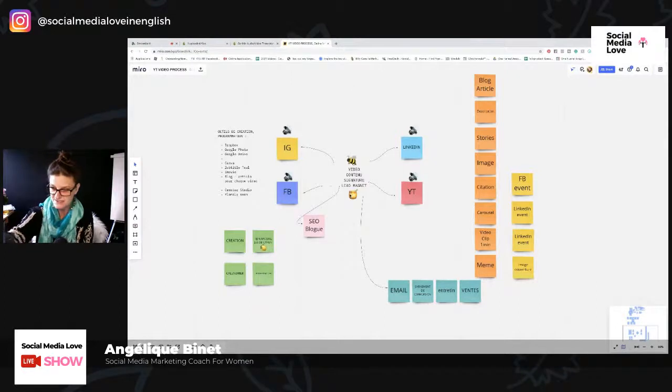You just publish one piece of content that is very valuable for your people every week. And then after that, you take pieces of that content, and you make it a blog article, a story, an image, a quote, a carousel, a meme, or a 1, 2, or 3 minute video. It's basically building a building block. It's one block that you share in different